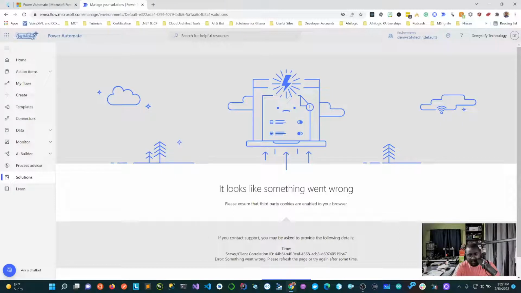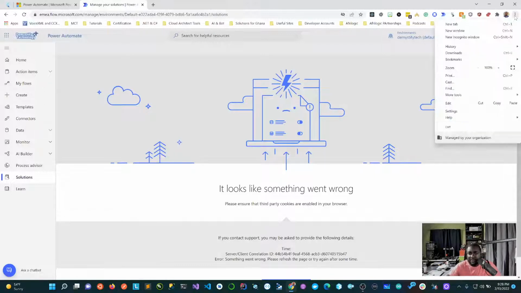Okay, so it's still saying, please ensure that third-party cookies are enabled. I'm not sure, but let's see. Let me enable this and let's see where that's happening.